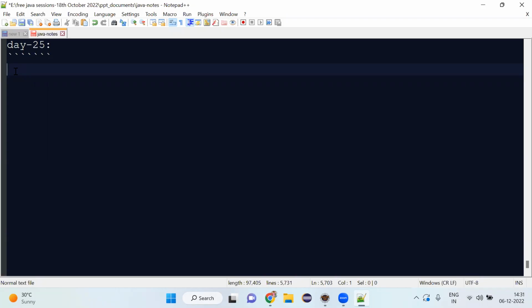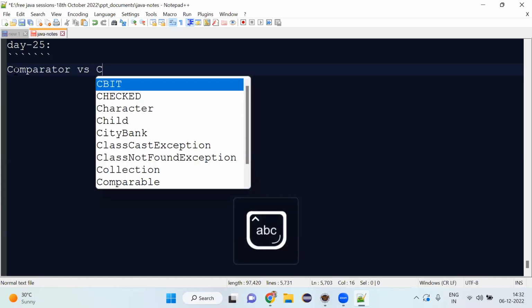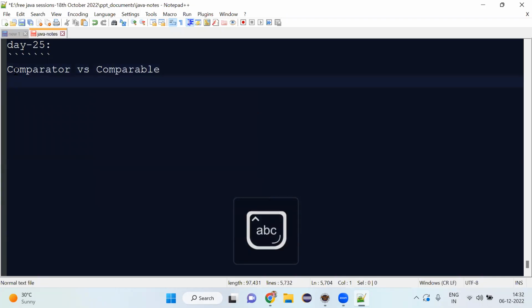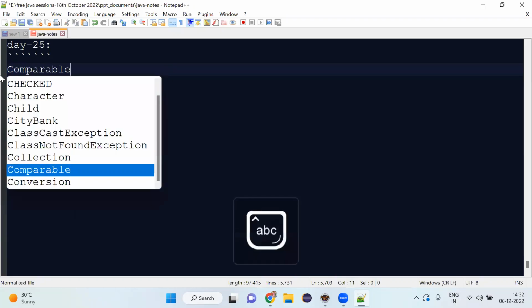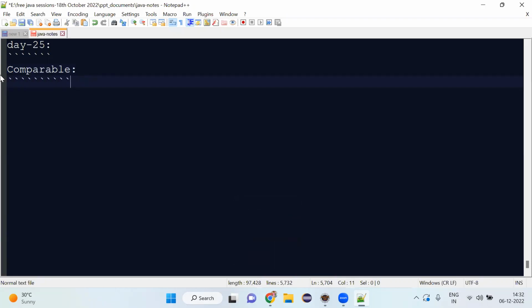In yesterday's session, we saw the different types of cursors in Java with respect to examples. And in today's session, we are going to discuss comparator versus comparable, and with respect to examples, I'll also try to show you. First let me explain what comparable is, which we have already seen, but we still need to